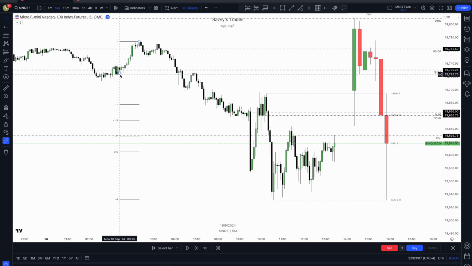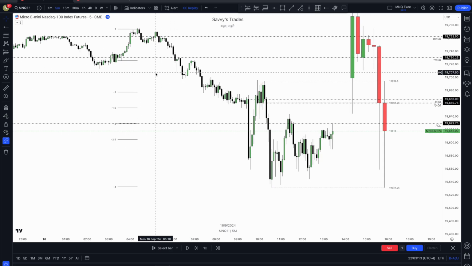So I marked this with the standard deviation to check the levels. See, the idea is, if price comes in and taps into your -2 to -2.5 standard deviation and quickly reverses out, that is a sign that it's potentially a reversal from here. However, at 9:30 we saw a strong move to the downside and we closed below -2.5. When you close aggressively below -2.5, there is a very high likelihood that we are going to get the max expansion, which is -4.